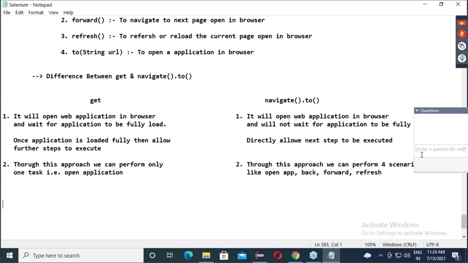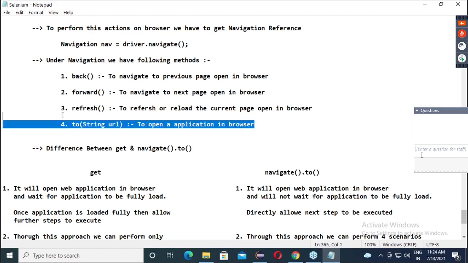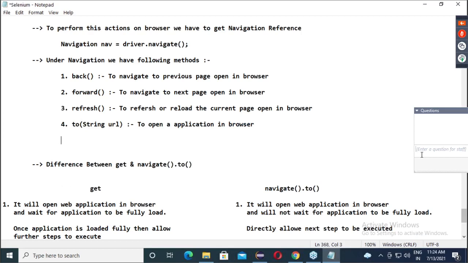Now, guys, tell me total how many methods are available in navigation? 4. Back, forward, refresh, 2. One more method is there. Method number 5. That's it.